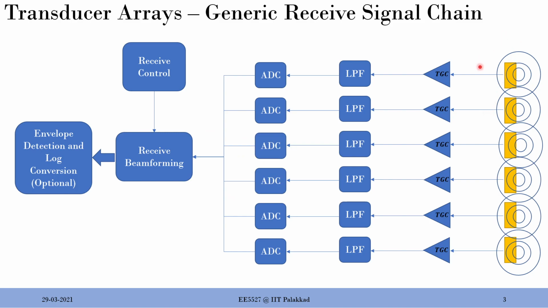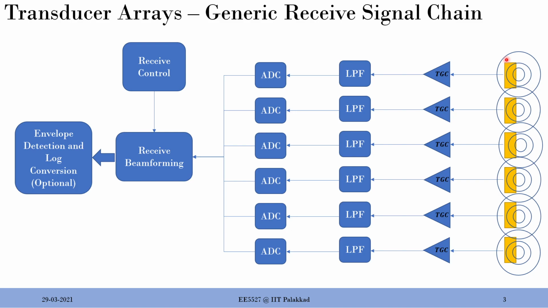The first part is of course the reception, so this is the front. It can be an antenna, it can be a sensor. Now it is interesting: we can treat it as an individual entity altogether. You don't need a transmit setup to go with the receive setup. The receive setup can be independent. I'll give you some examples, like the camera. We already discussed that it has a receive setup, but it doesn't have a transmit setup.